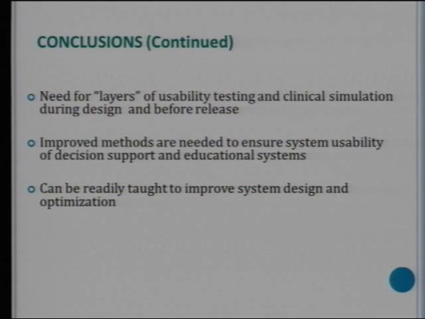This idea of layers of usability testing and clinical simulation before release, if we want to make sure systems are safe. And my last point is, we teach this routinely. I was talking to Joan this morning about our courses. Within a few weeks, we can have students doing assignments on systems they're using or other systems, and they'll be doing consultant-level reports using two or three of those methods. Usability inspection, I usually start them with, and simple usability testing. And many of them have found really interesting things about systems that they've been using for years that needed serious adjustments once they started doing the projects. Okay, that's it.